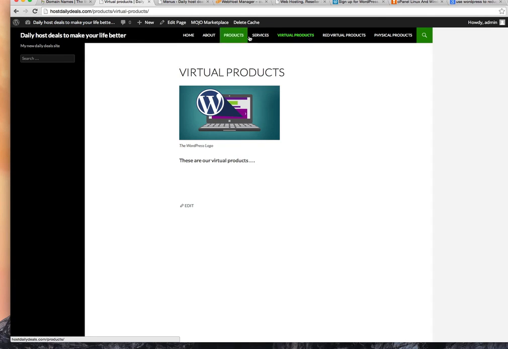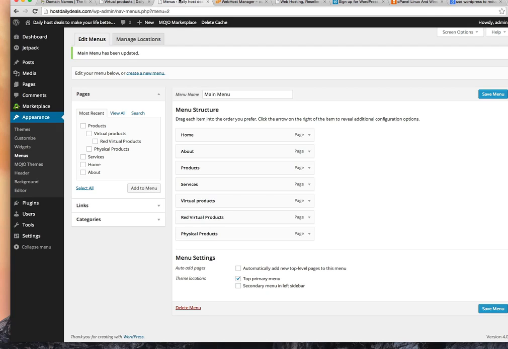So now my menu's got all those things, and I actually want virtual products and physical products to be children of products. So a menu is kind of overriding your original parent-child relationship. Your pages are still set up that way, but you have to sort of change the way you want your menu. And that's the power of menus, is your menu can completely independently choose how it's going to display your pages